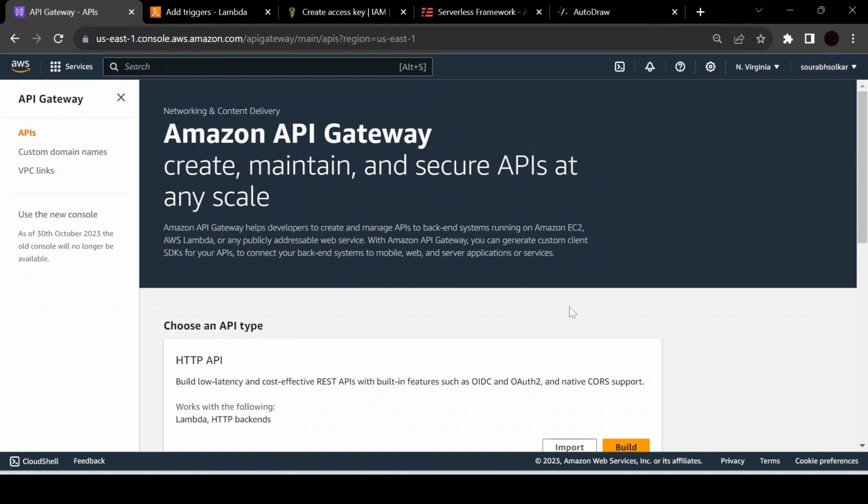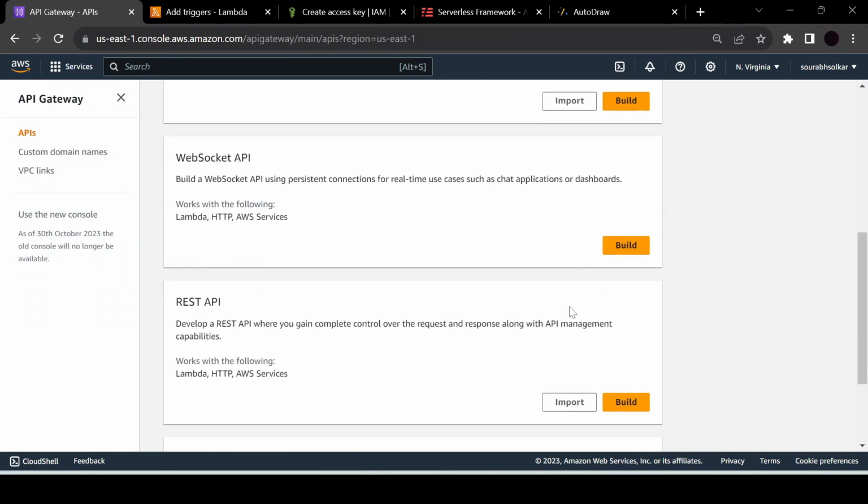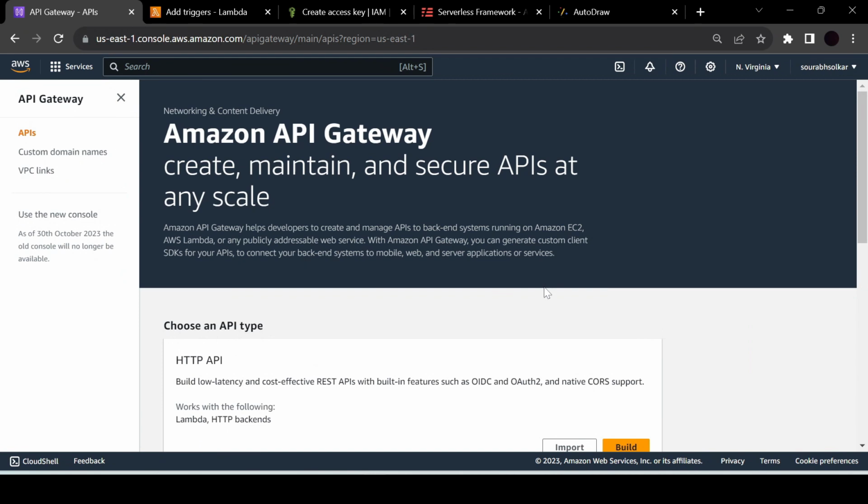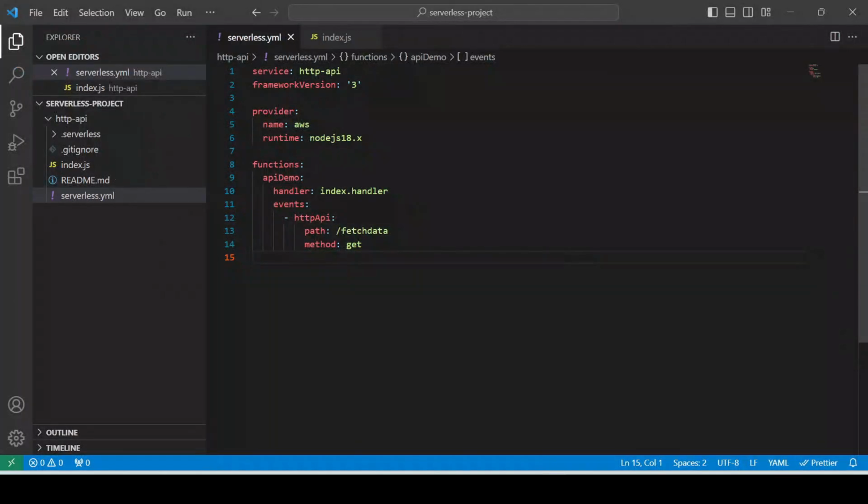Alright, so currently, if you see, there is no API listed here. But whenever we create our API, we will see the available APIs listed here. So let's try to deploy our created Lambda function that will create this API. And in case you are wondering whether we are going to create this API manually or not,